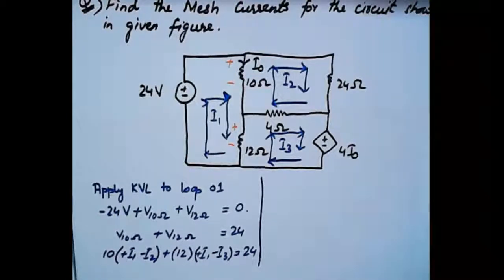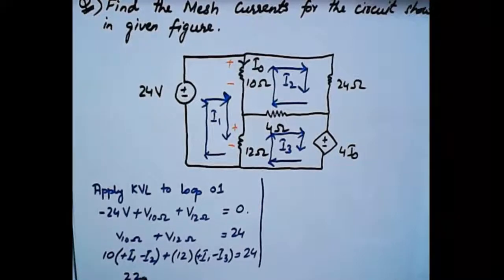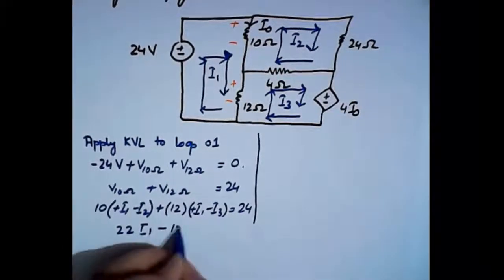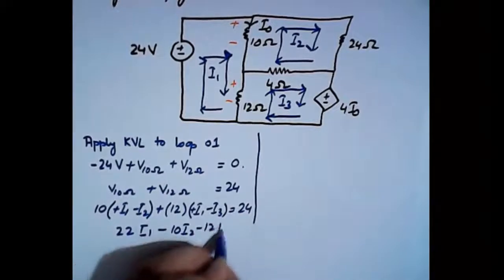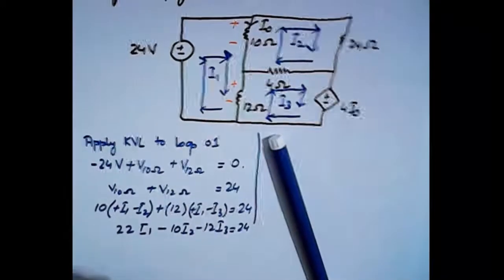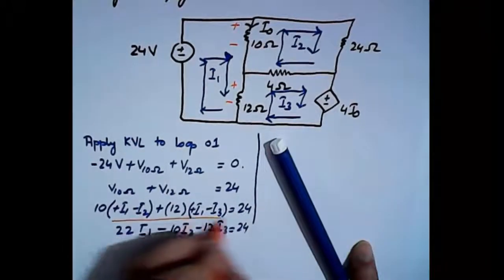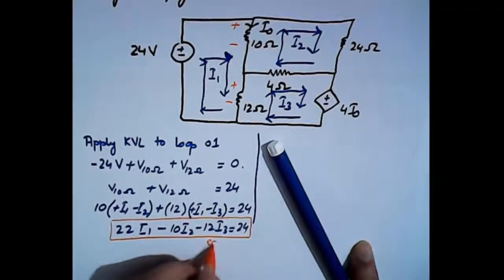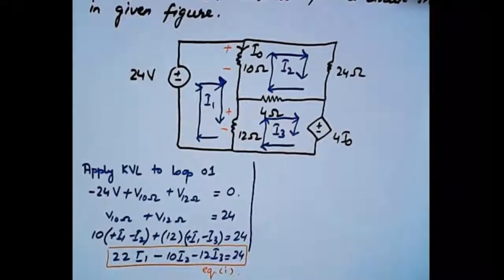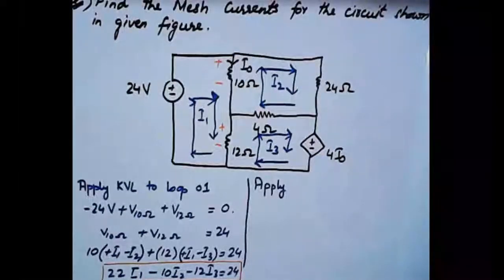And it will be now how much? We can simplify it: 10 I1 and 12 I1 becomes 22 I1, minus 10 I2 minus 12 I3 is equal to 24, and this is our equation number 1, right? So this is our equation number 1. I hope it is clear now, there is no confusion in it. So let's move on towards the second part,